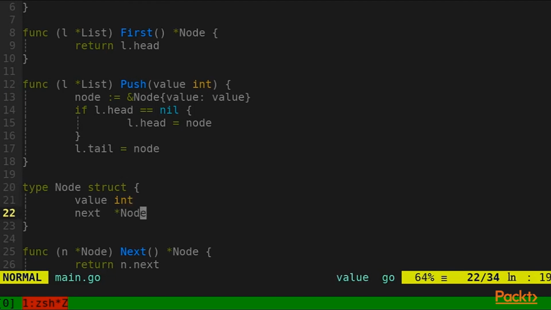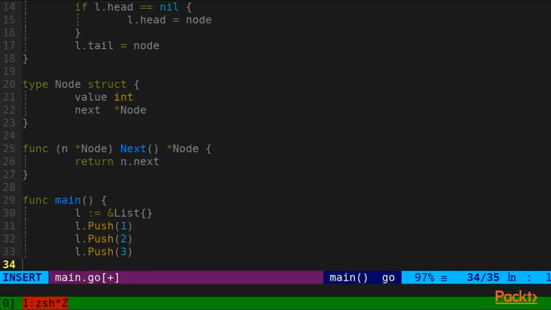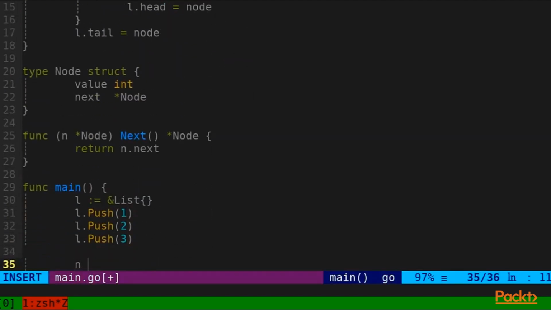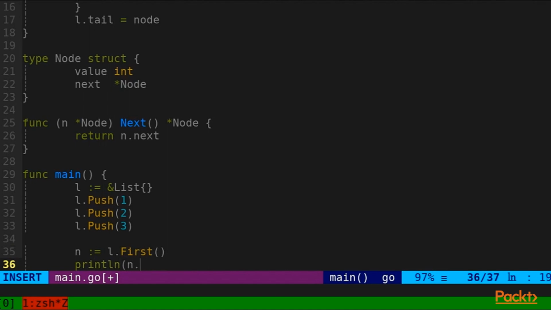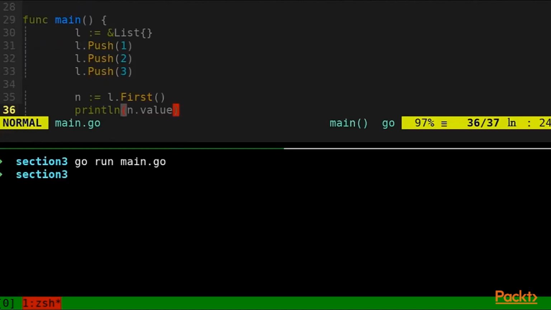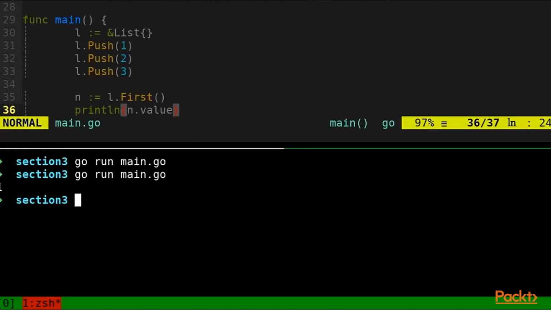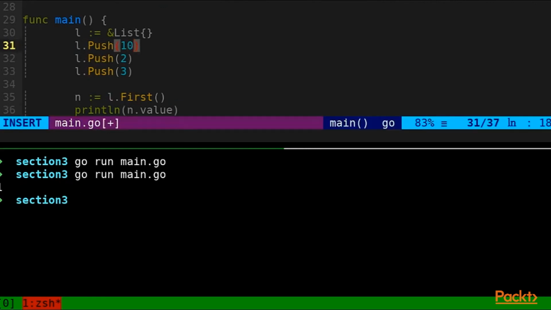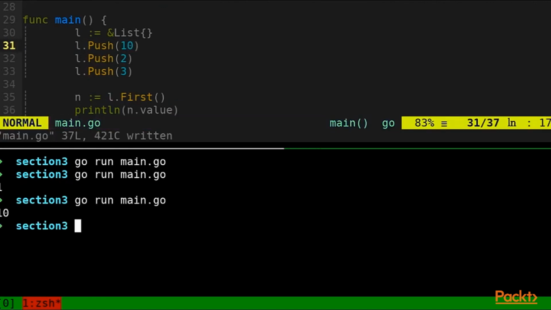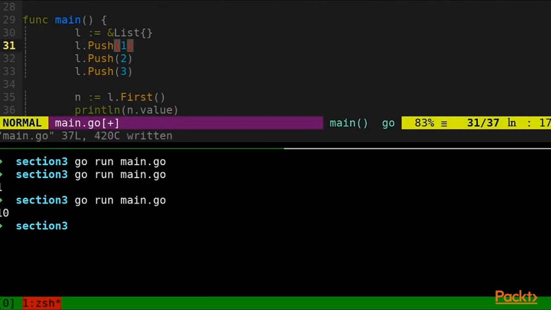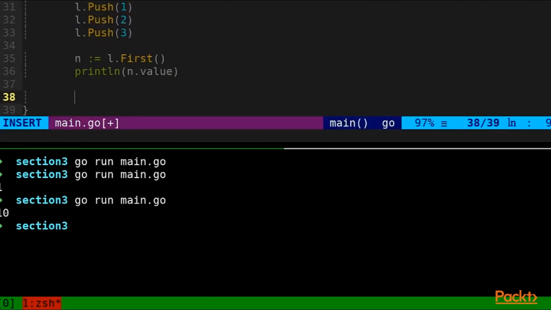Now, if I want to call next on my nodes, so let's say I do list.first, I have my first node here. Let's print the value. Let's see what happens here. This will work. It prints 1. If I change this to 10, it will print 10. But now, if I do n equals n.next, which will return me the next element, and I print its value,